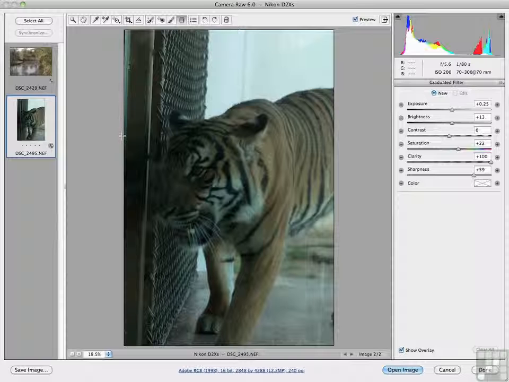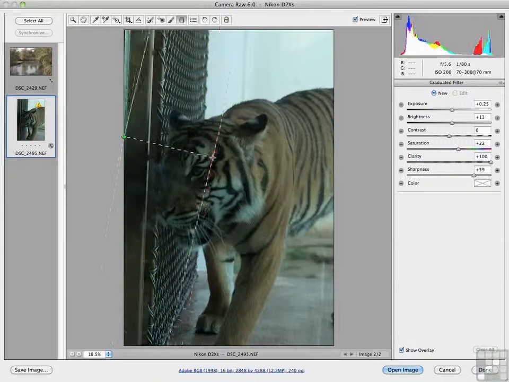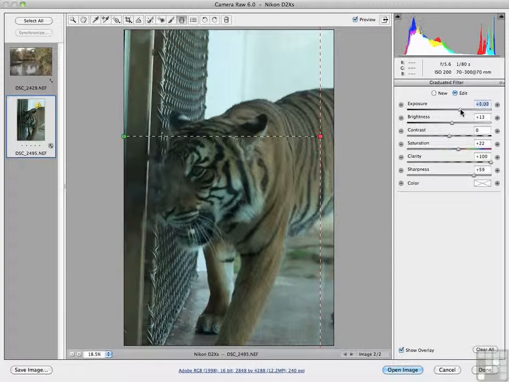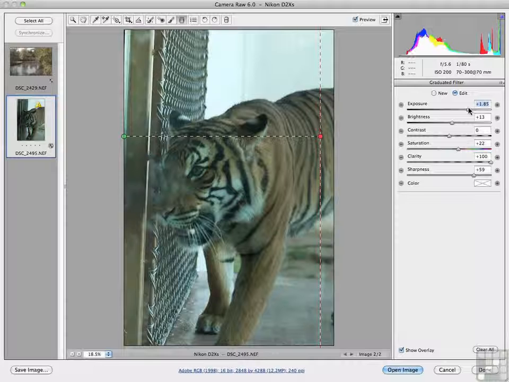Doesn't matter where, because we're going to run this horizontally. And I'm going to drag to the right. I'm holding the shift key down so I don't put it at an angle, because you could do an angle if you wanted to. I want to come all the way to about here. Okay. Now watch what happens when I change the exposure. It's not impacting the right side, it's only impacting the left side